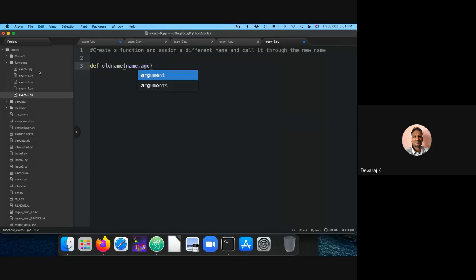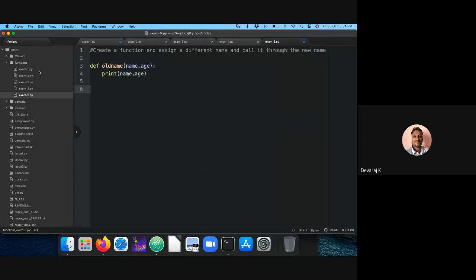Some arguments, and a colon. Let me print the same thing: print name, age. This is my regular definition of the function. Now suppose I try to display this, what am I going to get?